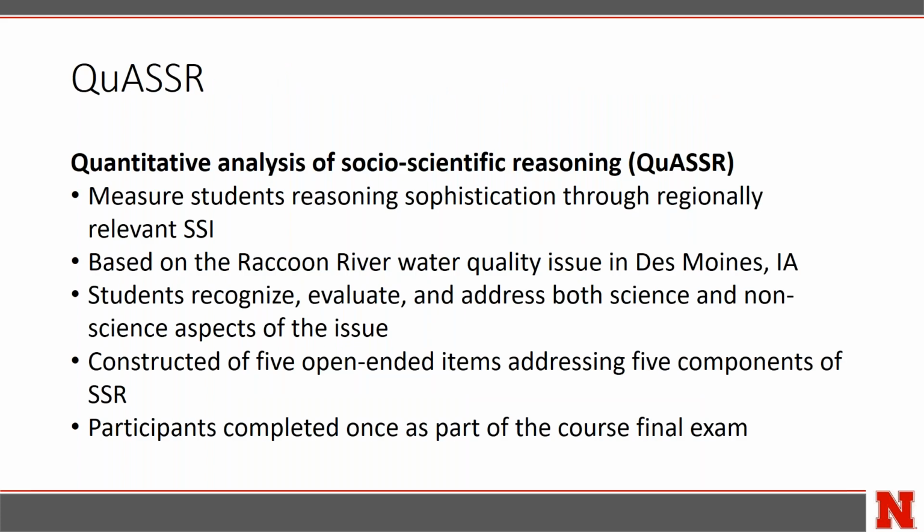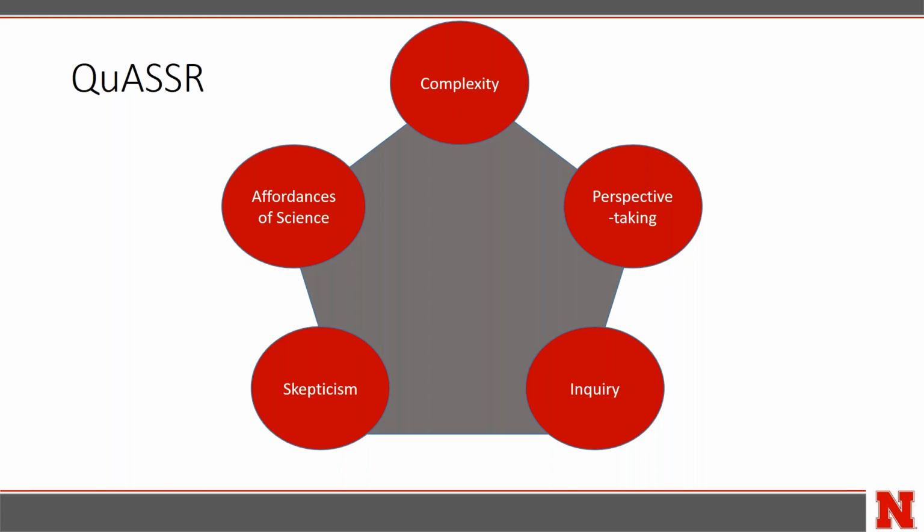So another big piece we've worked on has focused directly on this notion of students' socio-scientific reasoning about the water issues that we study. A lot of this I've already said, but basically the assignment based on the Raccoon River occurs as part of the final exam, where students respond to a series of questions that are embedded in this theoretical framework for socio-scientific reasoning. And this provides us with a measure of how students are able to reason about these issues